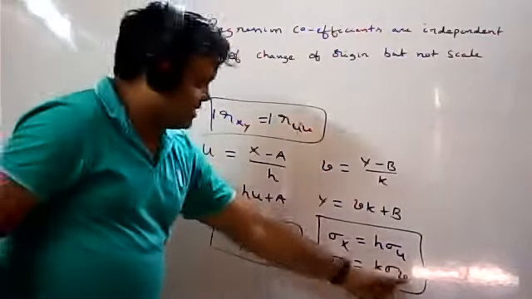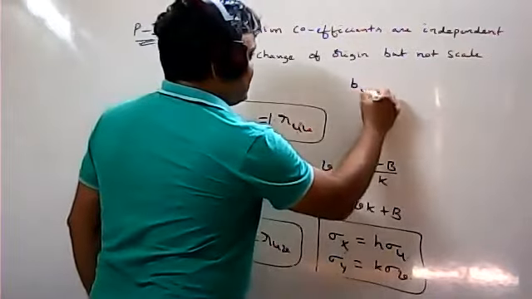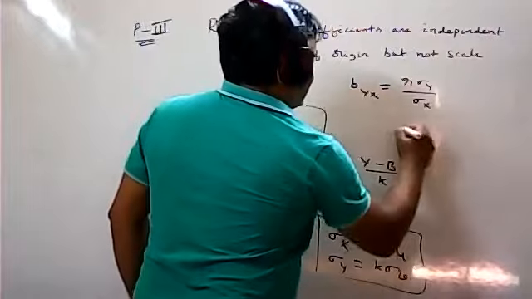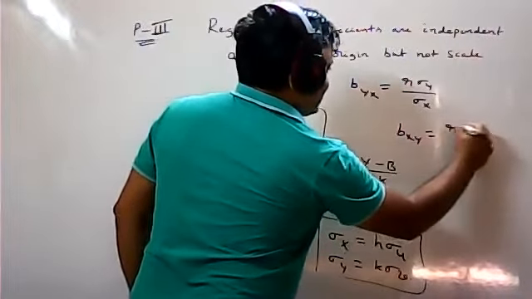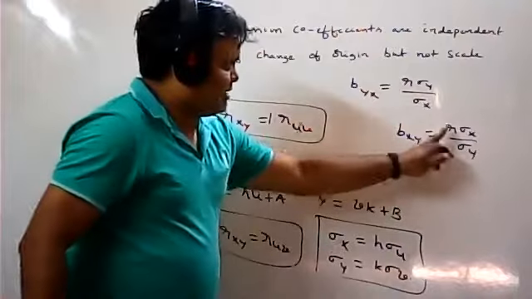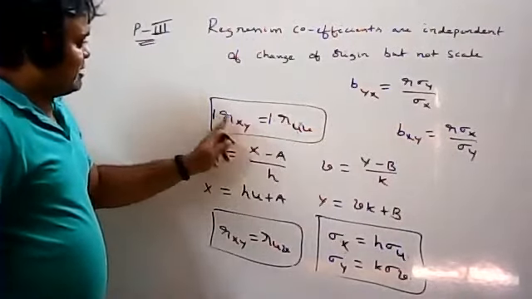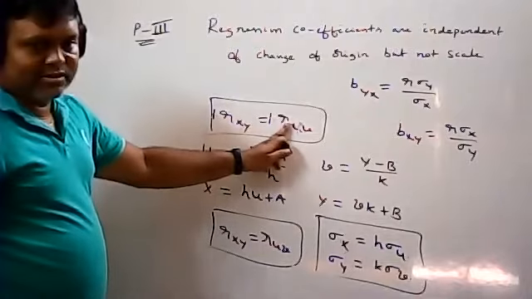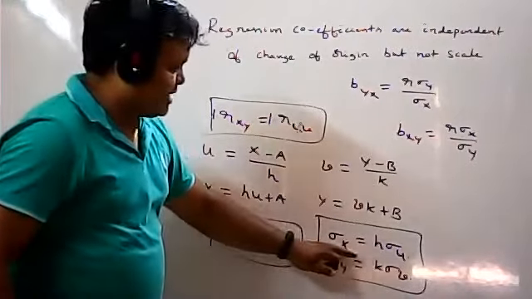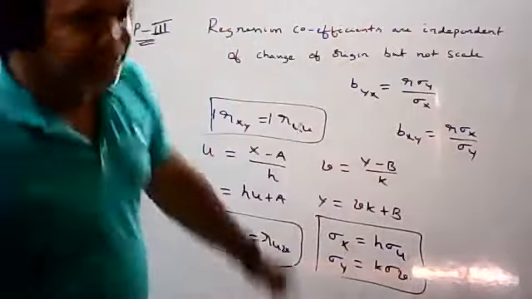I want to use these results here because of the regression coefficient formulas. What is the regression coefficient formula? byx equals R sigma y by sigma x, and bxy equals R sigma x by sigma y. In this, I want the sigma x value, the sigma y value, and the R value. The R value doesn't change, because origin is not changed as well as scale is also not changed, so Rxy equals Ruv. The only thing is I want to use the sigma x and sigma y values while changing origin and scale. So I want to use these relations now.